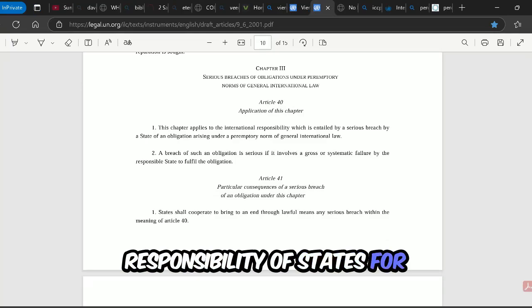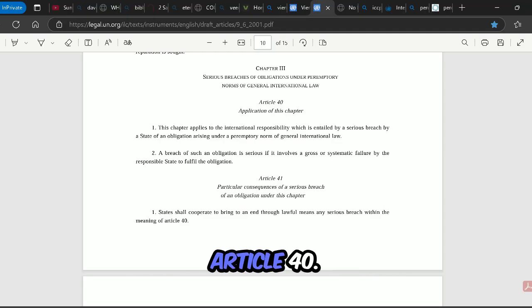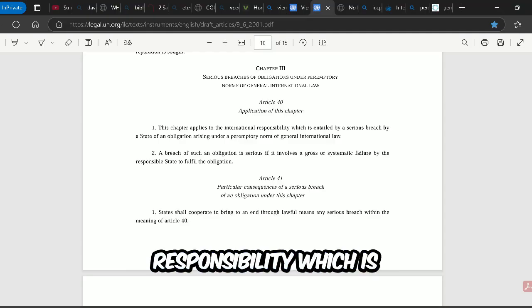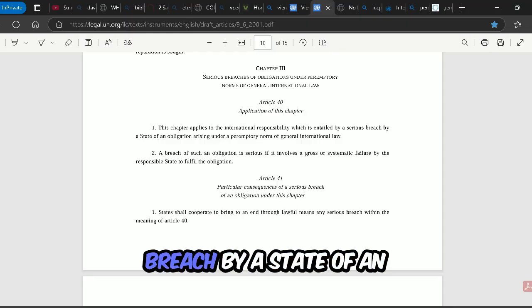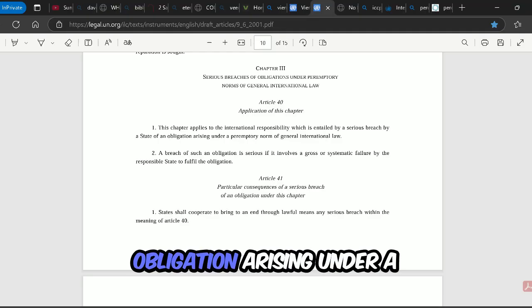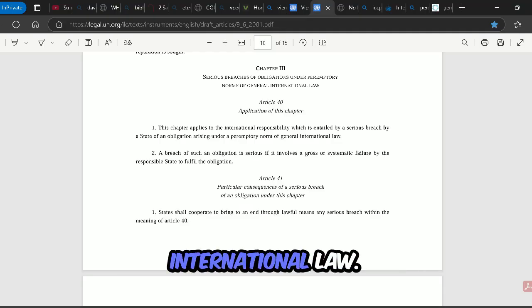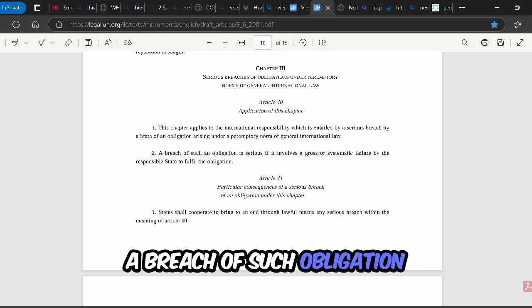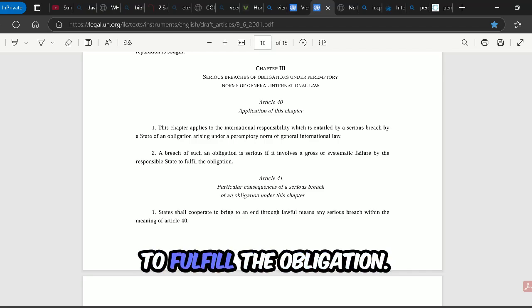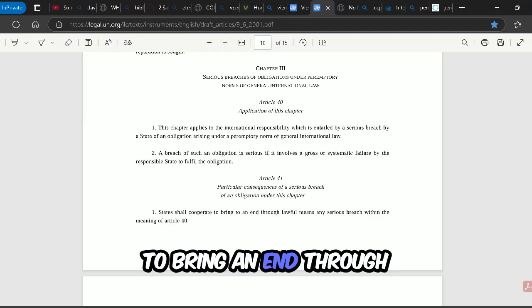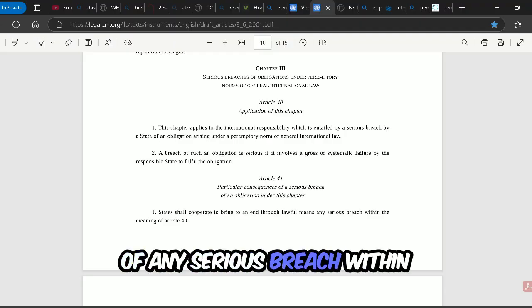Responsibility of states for internationally wrongful acts. Article 40. This chapter applies to the international responsibility which is entailed by a serious breach by a state of an obligation arising under a peremptory norm of general international law. A breach of such obligation is serious if it involves a gross or systemic failure by the responsible state to fulfill the obligation. States shall cooperate to bring an end through lawful means of any serious breach within the meaning